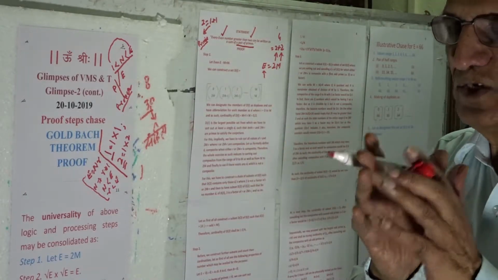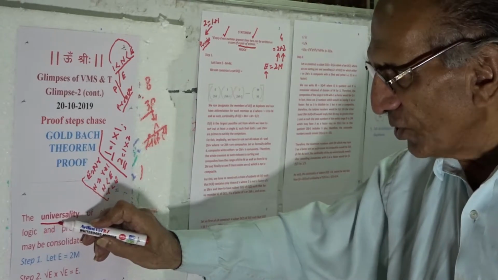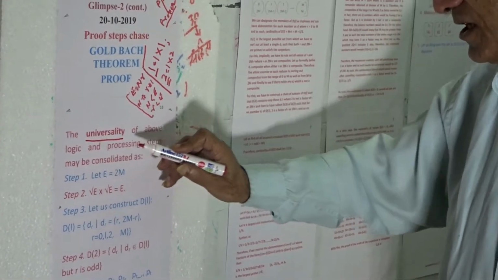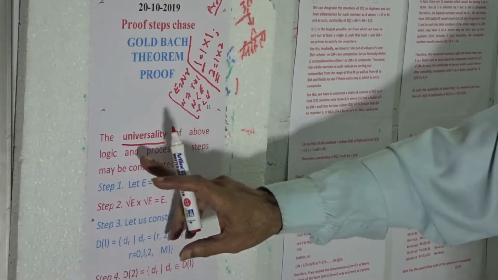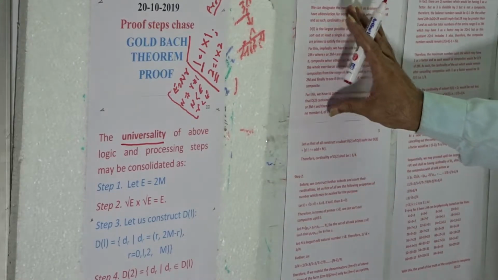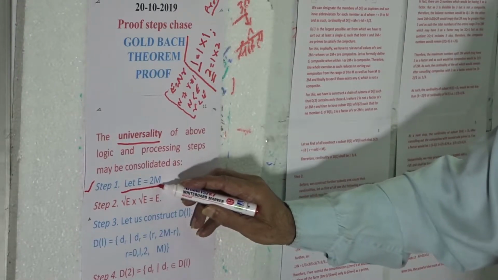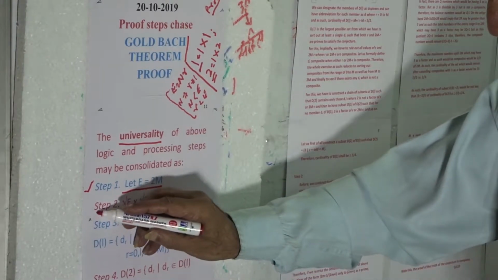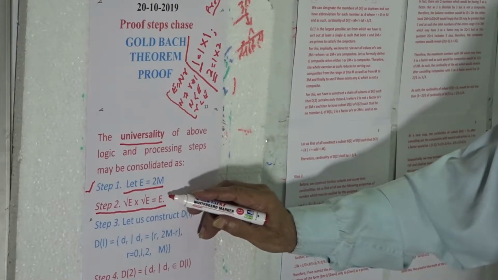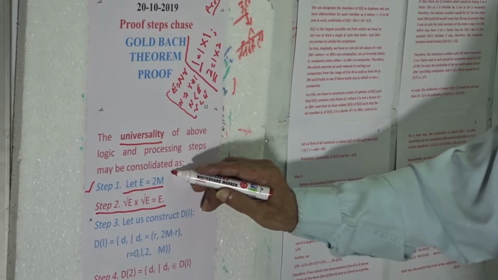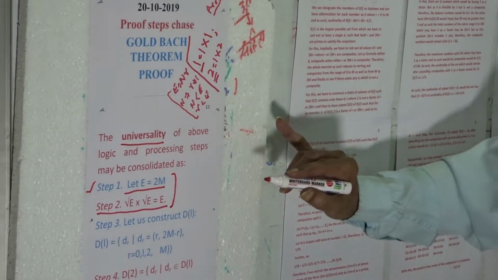Let us open a new page. Let us mention that we are having a bird's eye view of the universality of the logic of the processing steps of the present proof. Step 1 is availing a feature e is equal to 2m, and step 2 is a feature which is accepting that under root e multiplied by under root e is equal to e. These pair of properties are being availed, and we can have a pause here and take note that